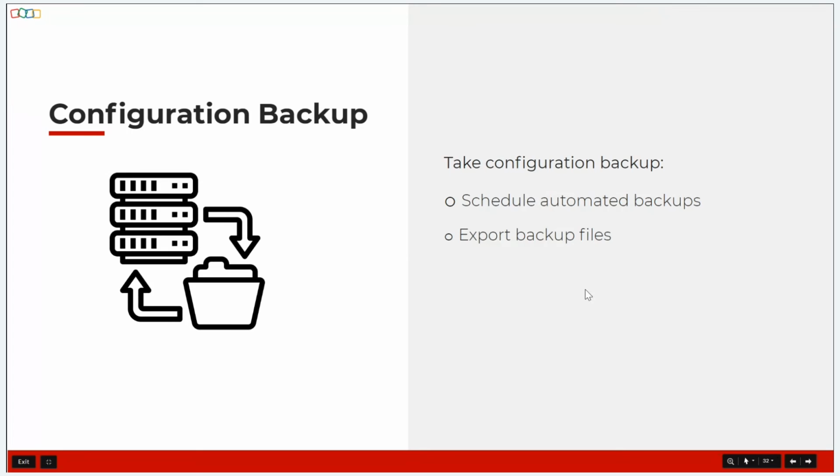So next we're going to look at the configuration backup feature. This is a very important feature because it helps to schedule automated configuration backups. And hence, if there are any erroneous modifications to his current configuration version, which can be due to human error, an attack, or a network disaster, you can simply take a backup of the working configuration files, preferably a scheduled automatic backup so that you get the latest version. And you can simply restore that to make sure that the system does not undergo any hiccups during its routine